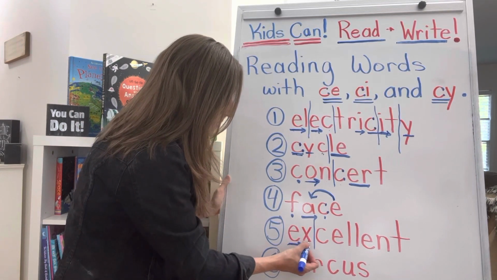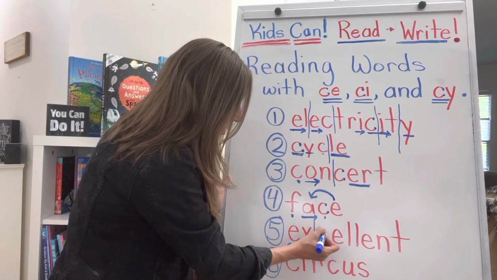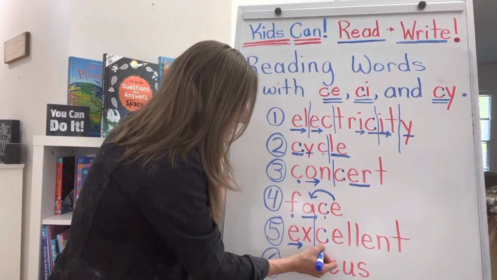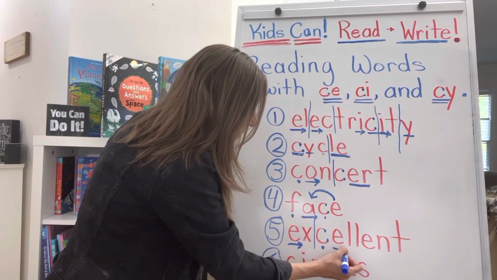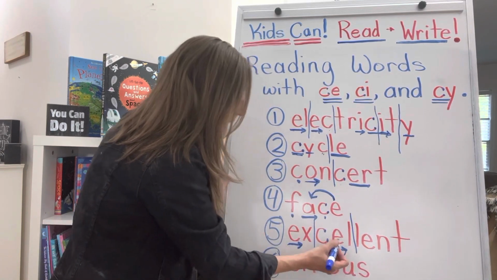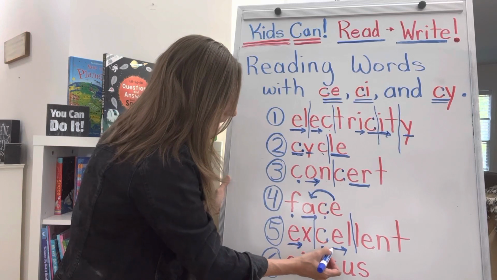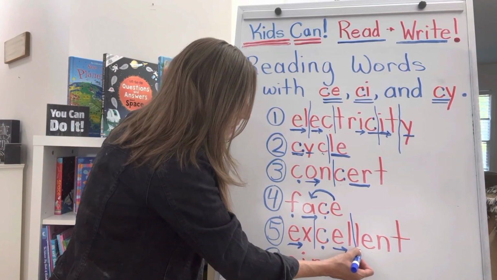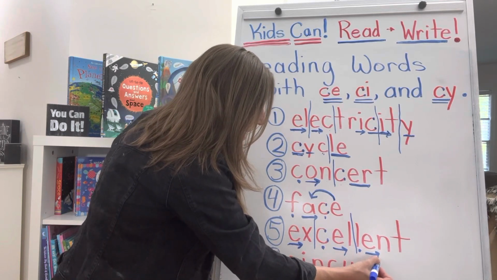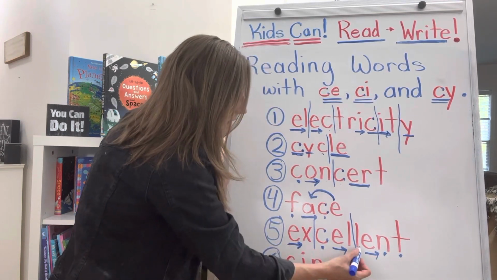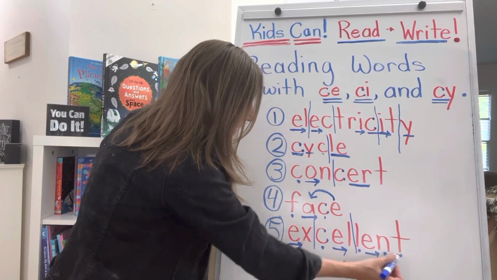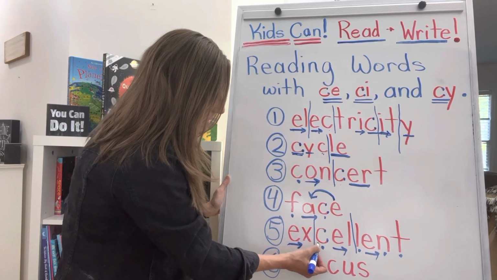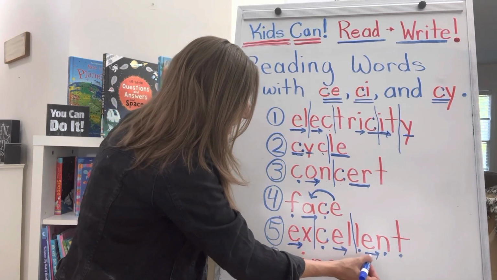X, X. Now, is this C touching an E, I, or Y? Yes, so it's going to say S, and E shouts out whatever he was saying in the word. So we're going to go S, L, cell, and then we're going to read the last part. L, ent, lent. All right, so when we put it together, X, cell, lent,